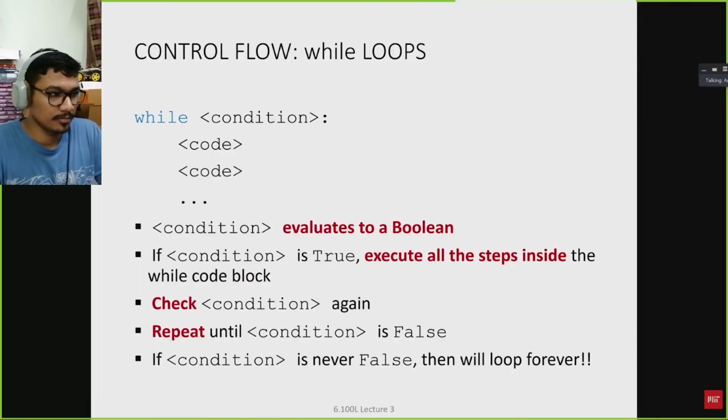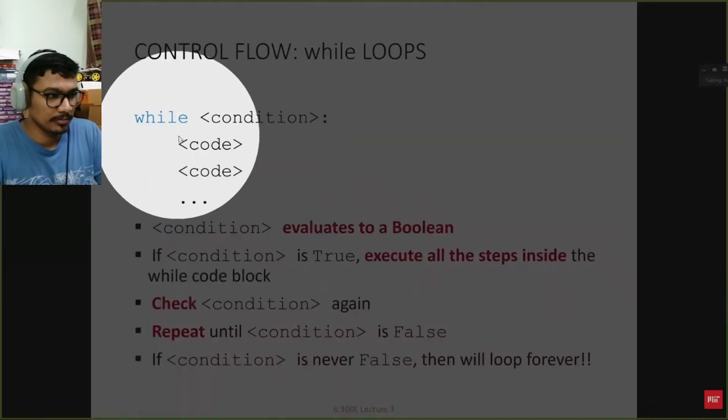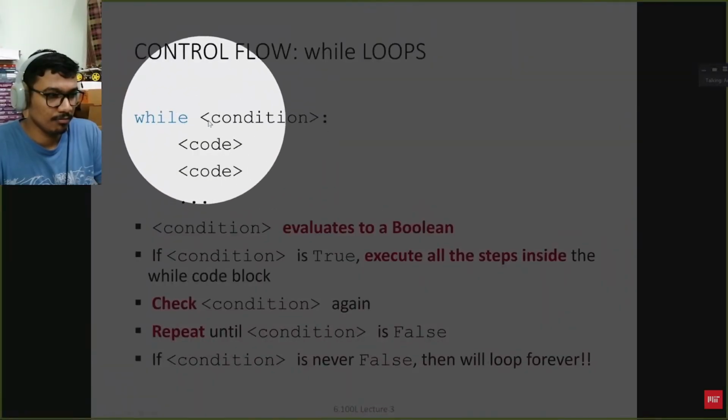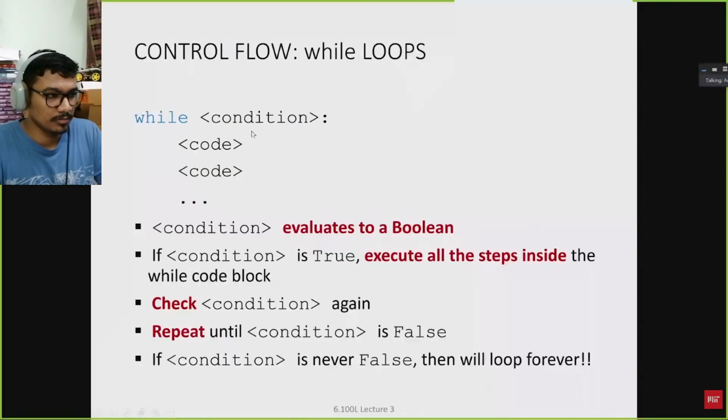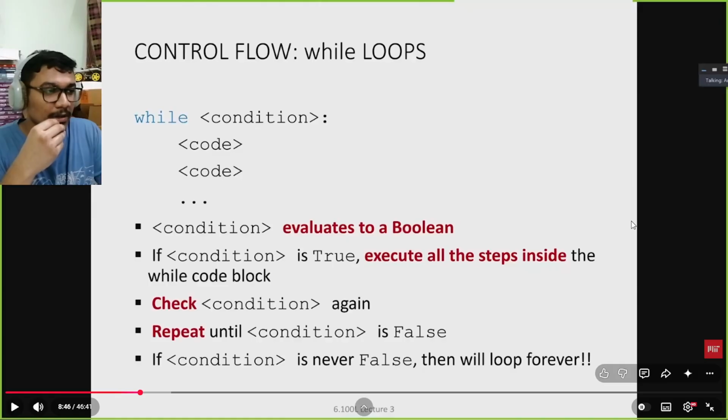In Python, this is how we code them. So we start a while loop with the keyword while. This, again, will turn blue in Python because it's a special word. Some condition is true. Okay, so this is, again, some expression or something that will... That actually reminds me of